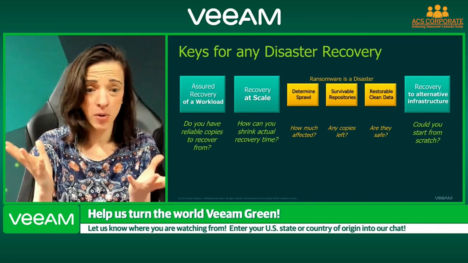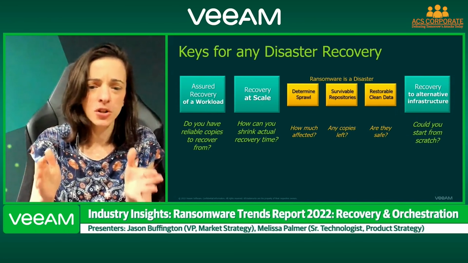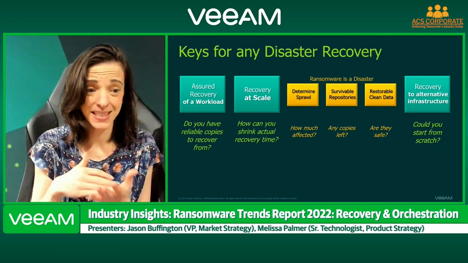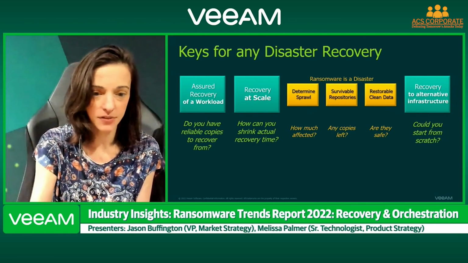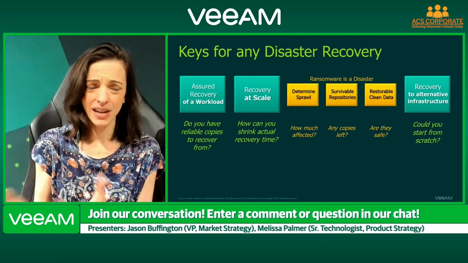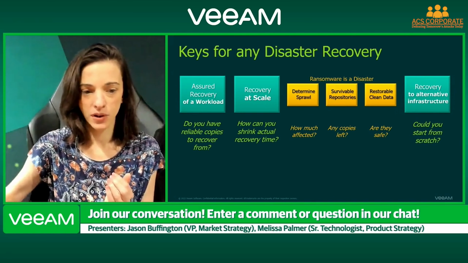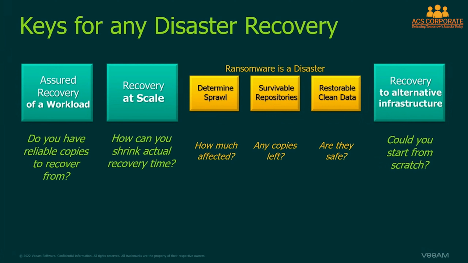Next is survivable repositories. Are there any copies left? We know these threat actors are out there and they want to make sure you can't recover. They want to make sure you pay that ransom, so they're going to try to go after the copies of your data to get rid of them. We need to make sure we have copies in a state that they cannot do that, and we need to assess after an attack what we have left. And then last but certainly not least, okay, we have data. Is it clean? How do we restore this in a fashion that we're not reintroducing this threat over and over again? So we take our regular disaster recovery steps and add a little bit to them so that we can prepare for this slightly more unique disaster.